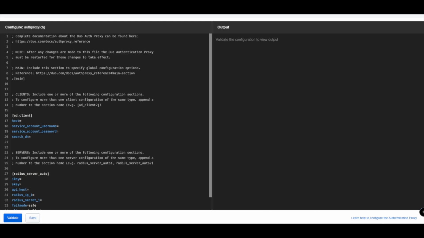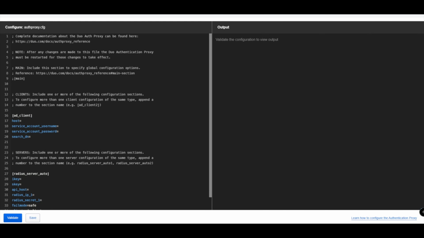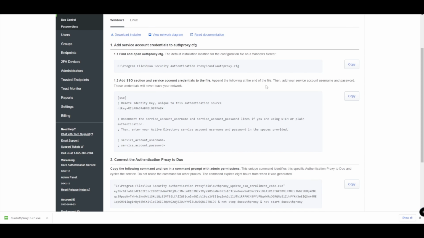We can see the version that it's using, and with the graphical user interface here, we can easily start and stop the service. We can validate the configuration before we save it, and once we validate and save, that's going to then allow us to restart the service so that those changes can essentially take effect. So what we need to do now is, if we just minimize this and we go back to our admin panel, we can see that